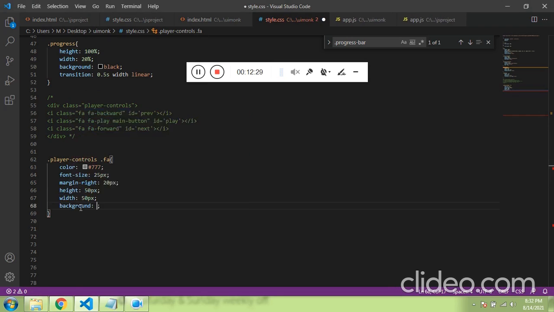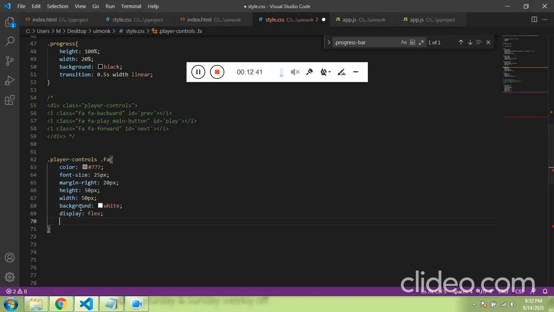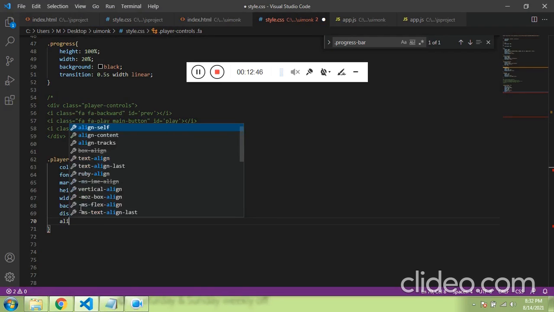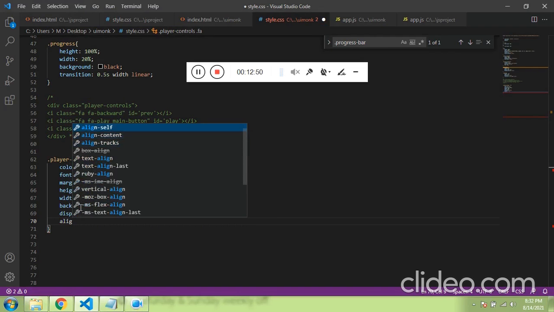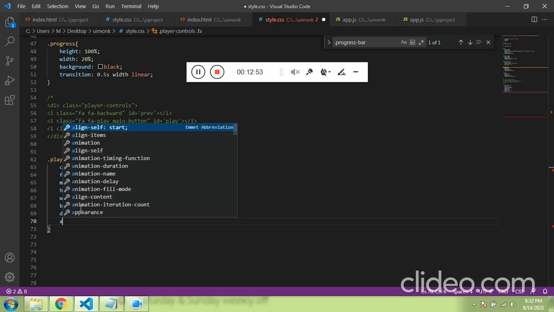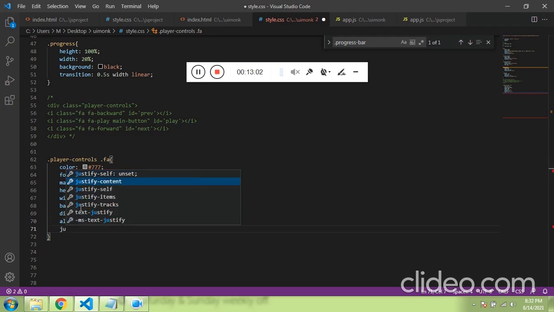Let the background be white, and I want this to be at the center, so display flex, align items center, and justify content center.